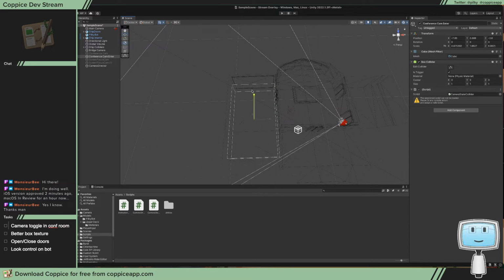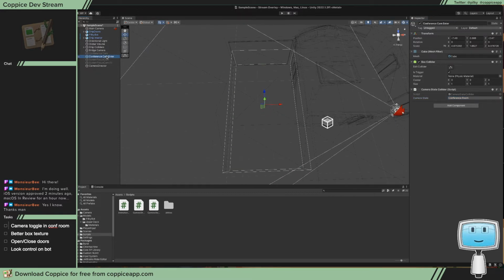So shift this back. So hopefully we have that, and then what we want is cameras. Oh, we haven't updated that to state slider. If we set that to conference room, and then